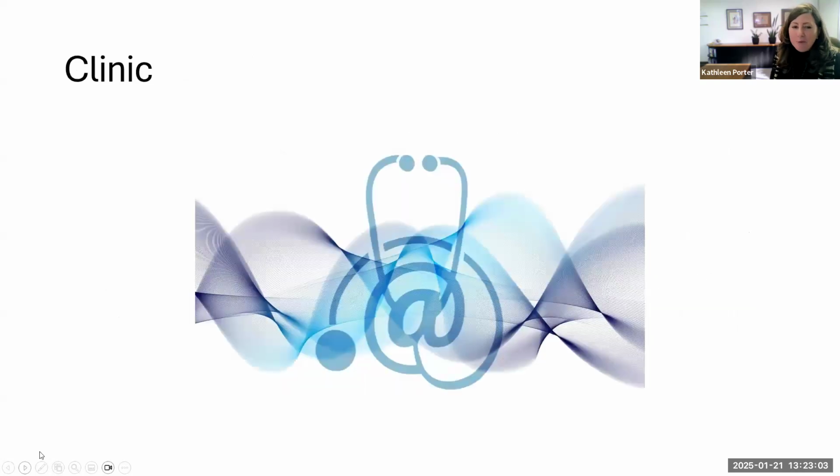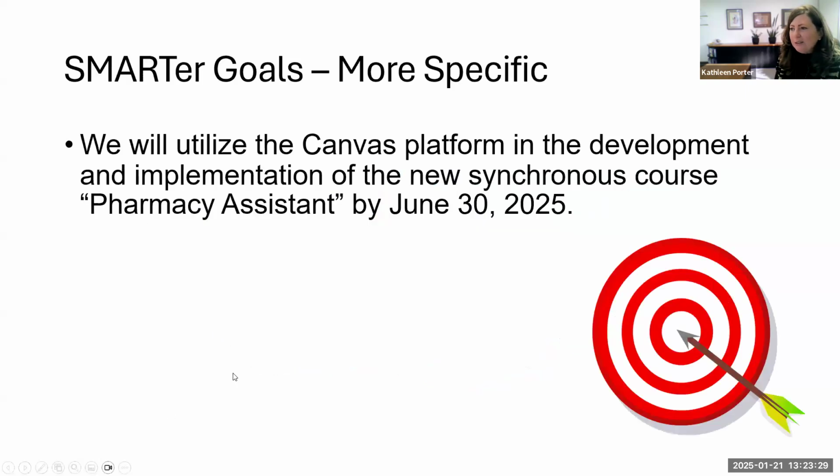Okay, so now we're going to go to the clinic. We're going to be the clinicians and we're going to look at some examples where you're going to imagine you're the reader, and we're going to think about how we might give these agencies suggestions to improve their goals, to make those goals smarter. So the first one we'll take a look at here.